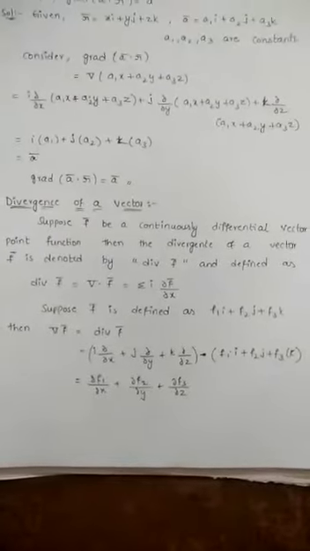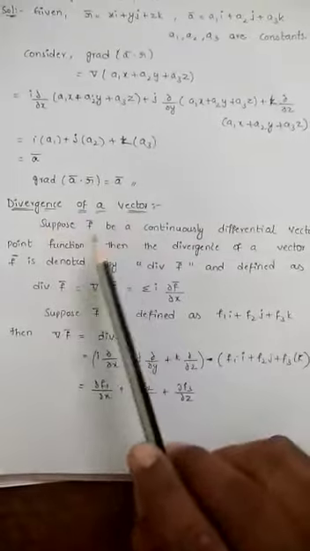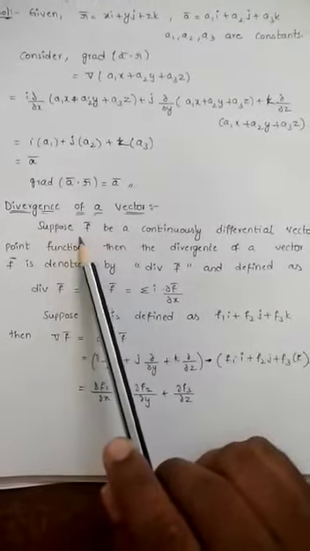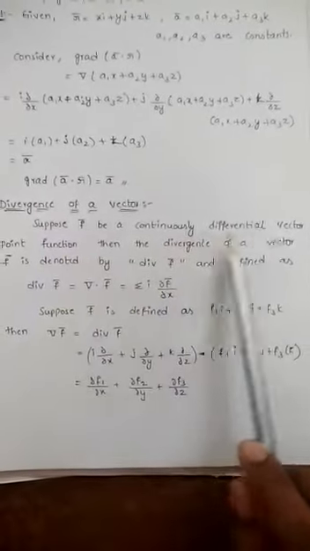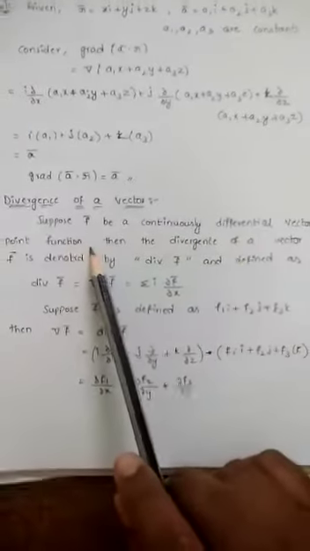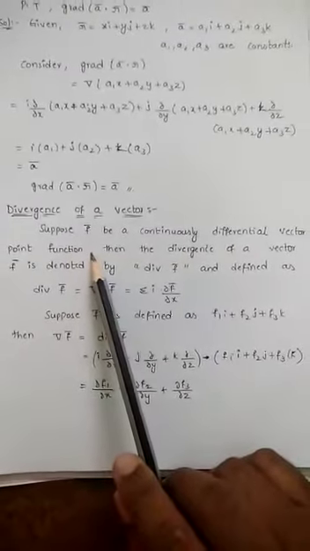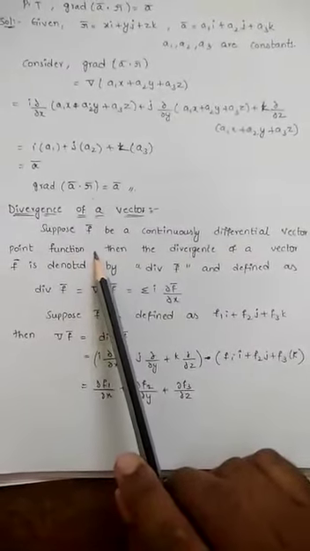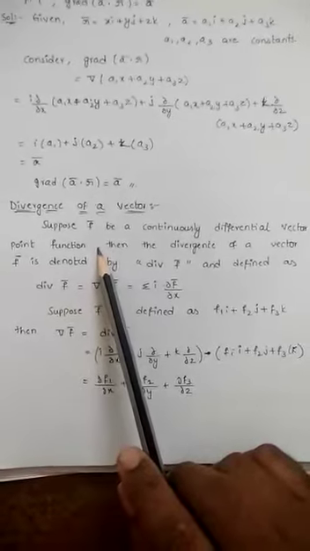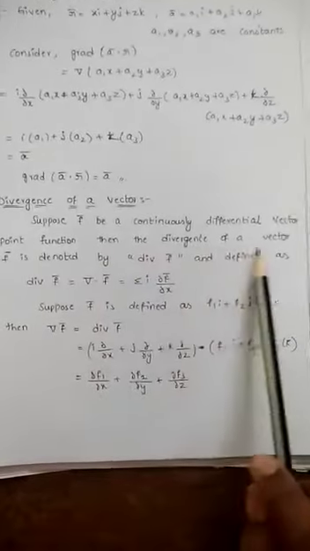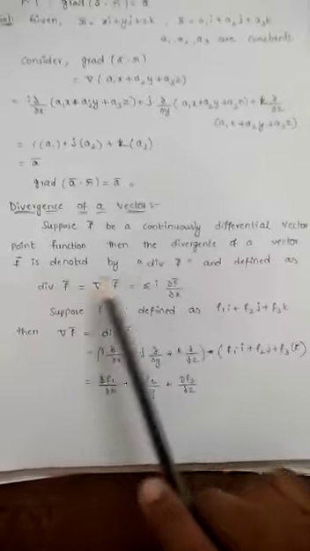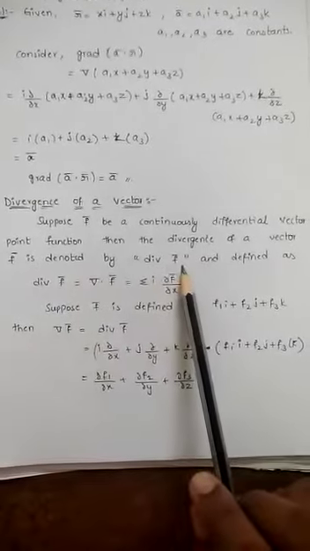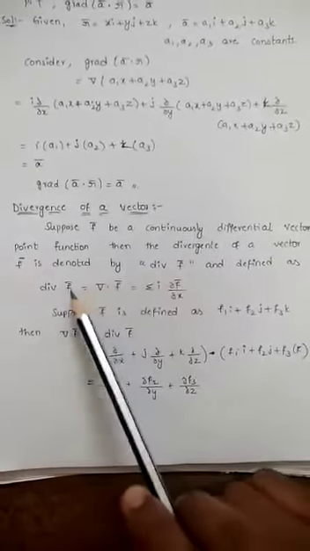Hello students, today we will discuss divergence of a vector. Suppose f bar is a continuously differentiable vector point function. That means it is a continuous function and derivatives of the function exist. Then the divergence of the vector f bar is denoted with div f bar and defined as